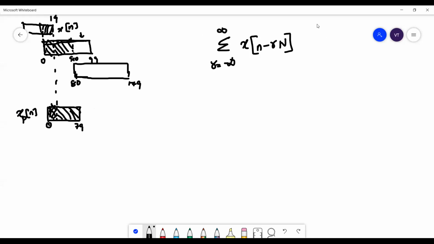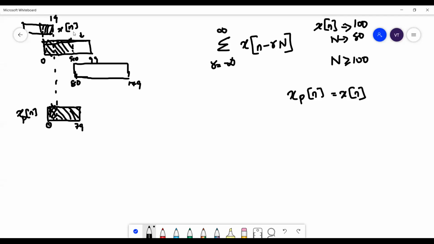You had x of n having a length equal to 100 samples. And now if I take N equal to 80 samples, you see that there is an overlap here. How many samples will overlap? 20 samples. So 20 samples will overlap. So for no overlap, you have to take N to be at least 100, right? Yes, sir. So N should be greater than or equal to 100 for there to be no overlap. So if N is greater than or equal to 100, then it is evident that xp of n is equal to x of n. Very good. Okay.